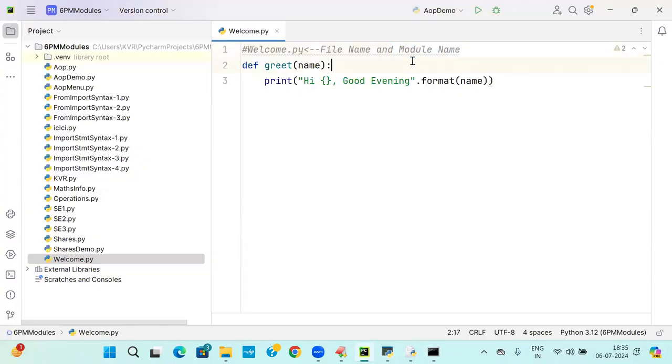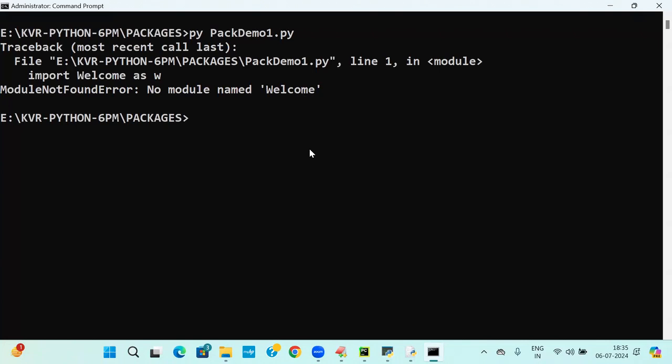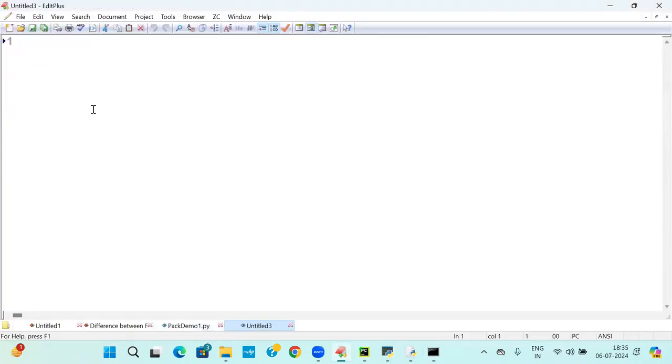This name, welcome, is a module which is available here that I'm trying to access here. We are getting which error? Module not found. How to use it? Now I'm going to tell. Now, how do you create a package? Now I'm going to tell. A package is nothing but, coming back to the point, creating a package is nothing but, directly I'm writing, creating a package is nothing but,